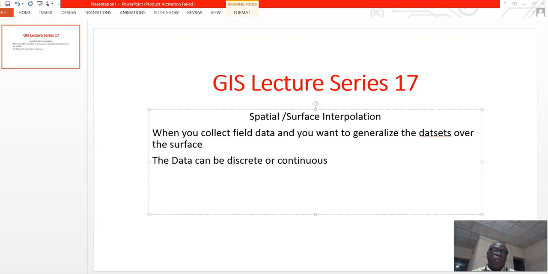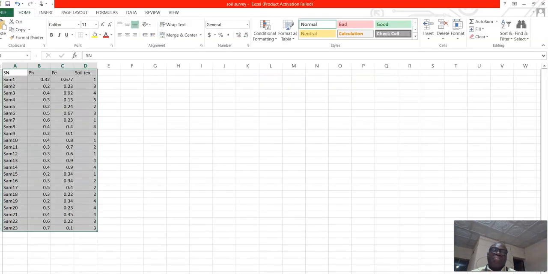For instance, we are going to look at a soil survey on this. It can be any survey. It can be a survey about household information. It can be health systems. It can be information about air samples.